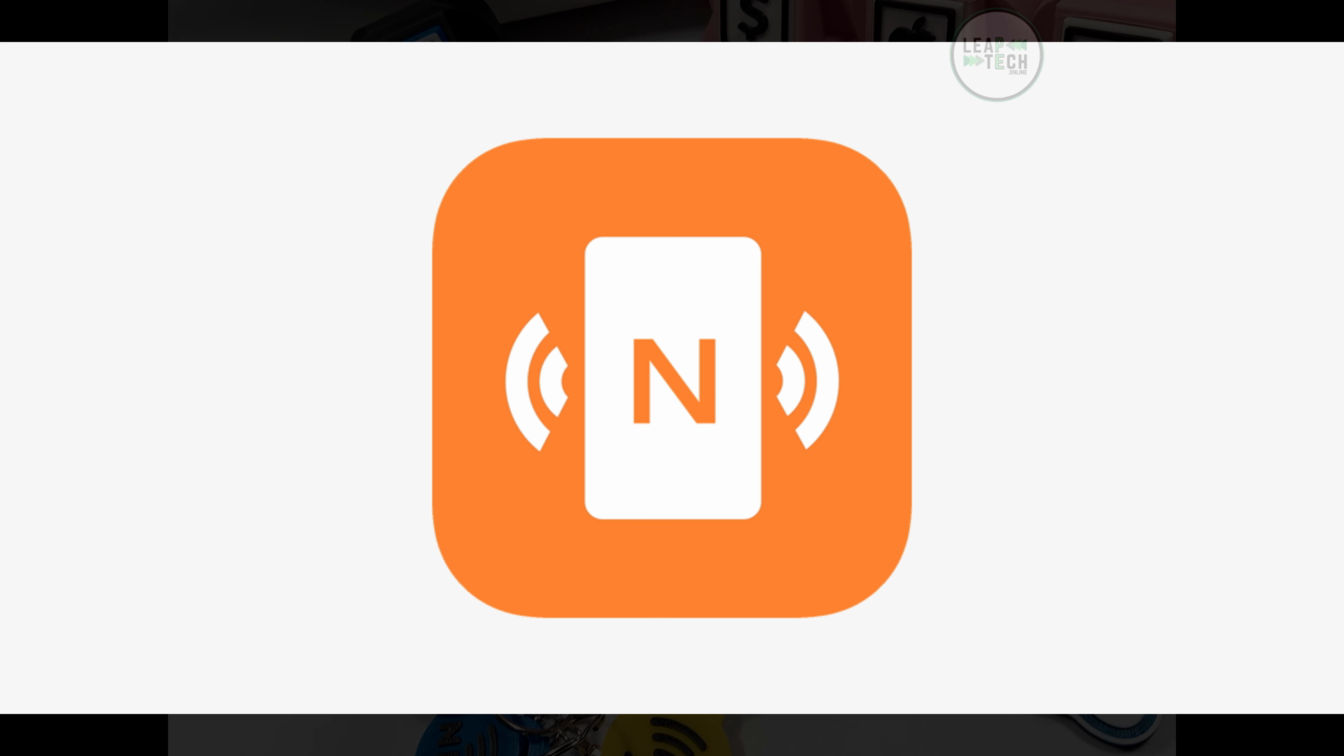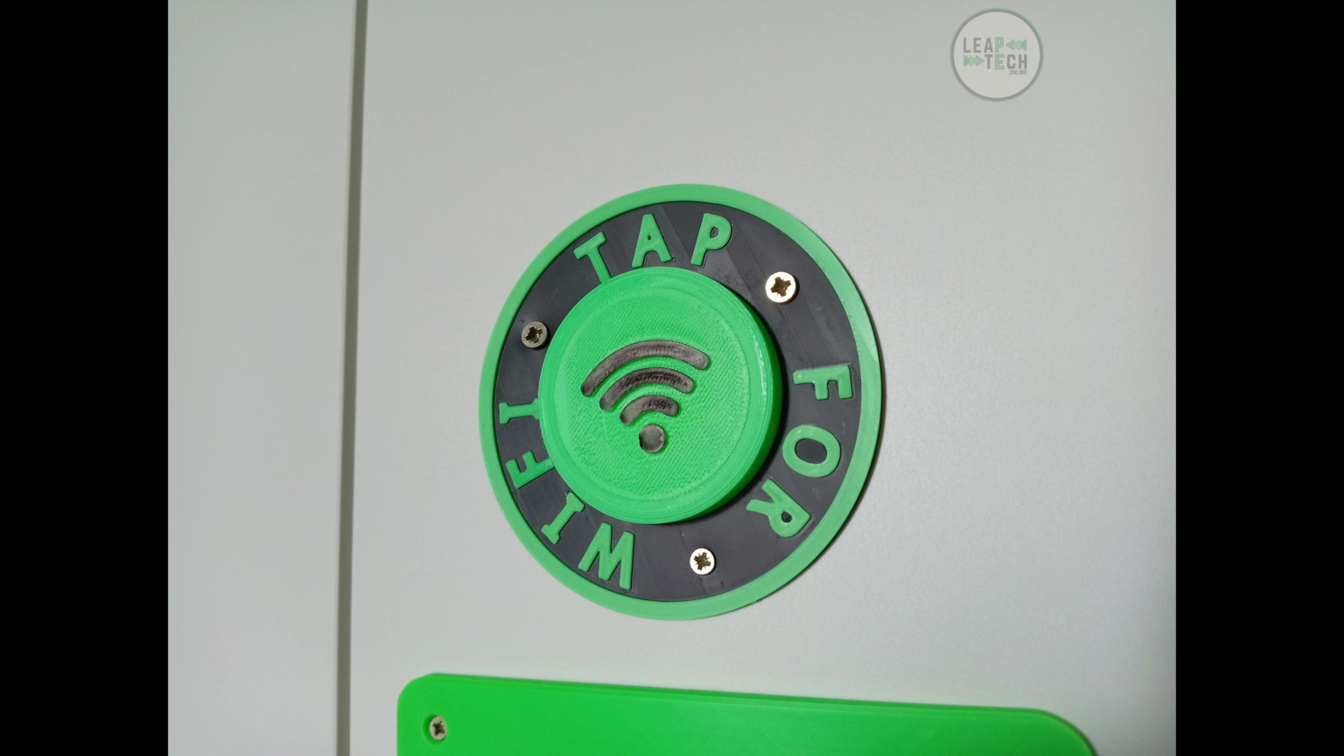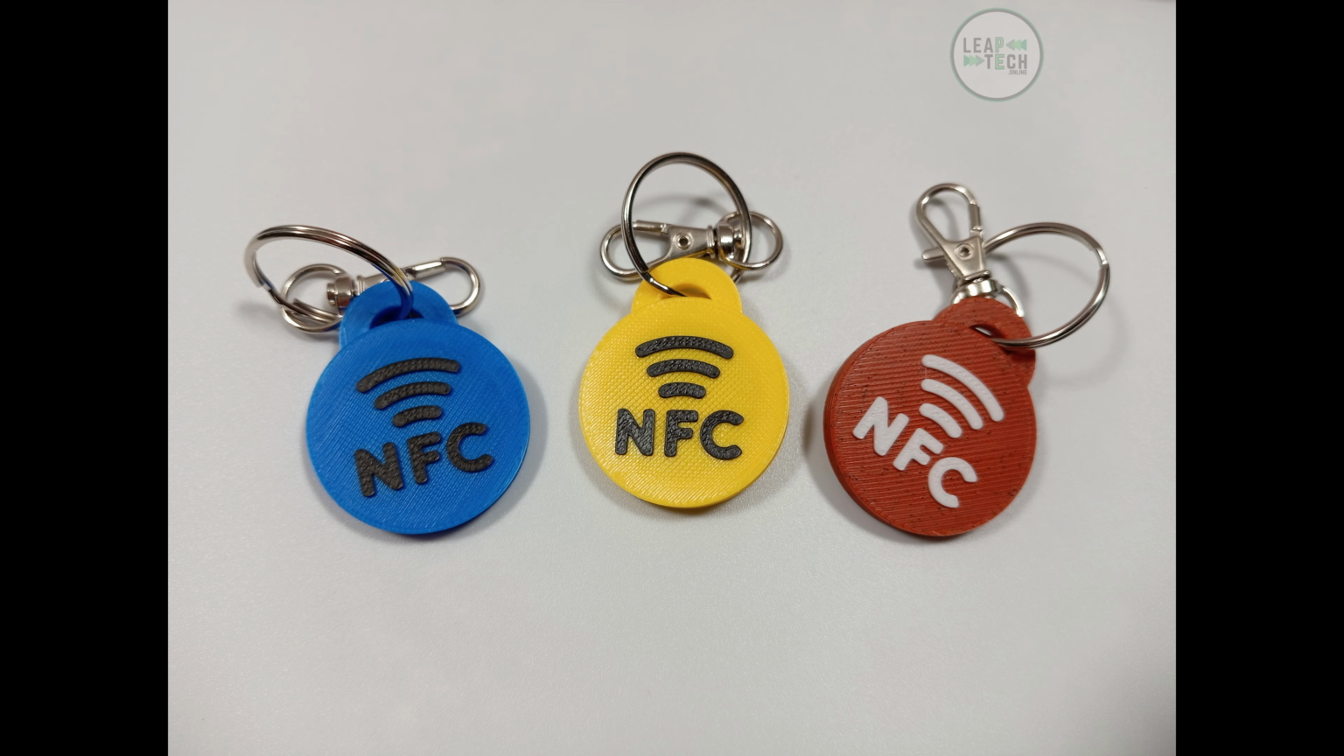First thing you're going to need to do, whether you are on Android or iOS, is to download an app from the App Store called NFC Tools. It is free. What we'll be covering today are simple things such as Wi-Fi connection points, files on NFC tags,